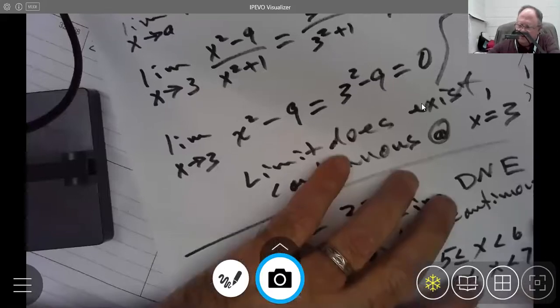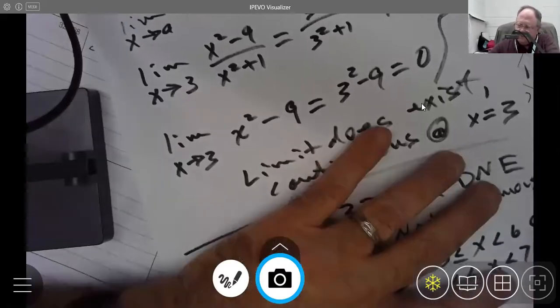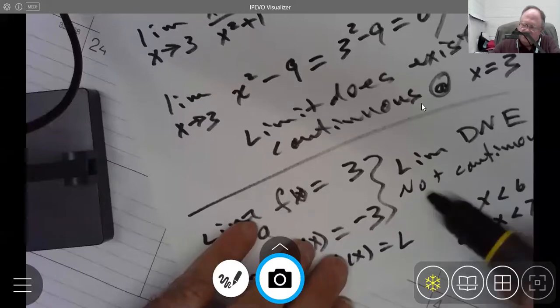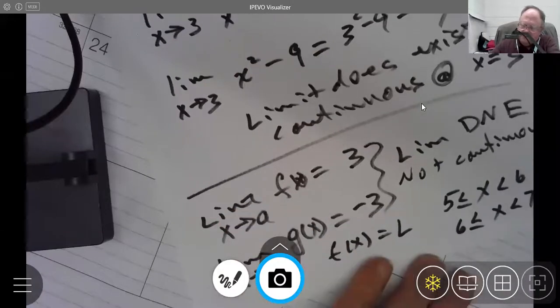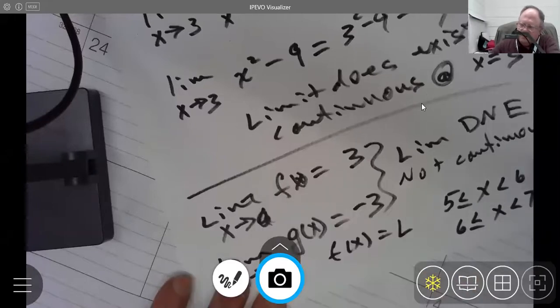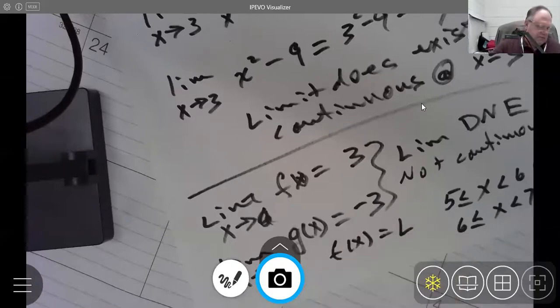And if a were equal to, let's say, 6, then you could say, okay, it's not continuous at 6, but we can say that it is continuous